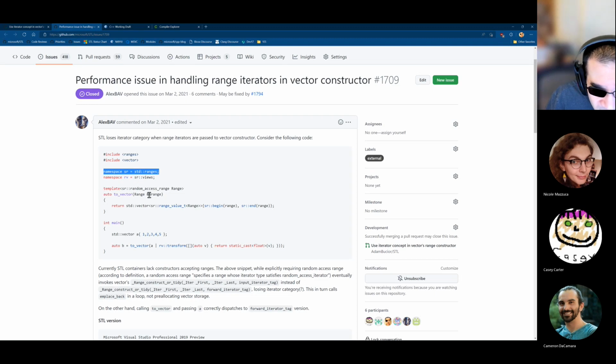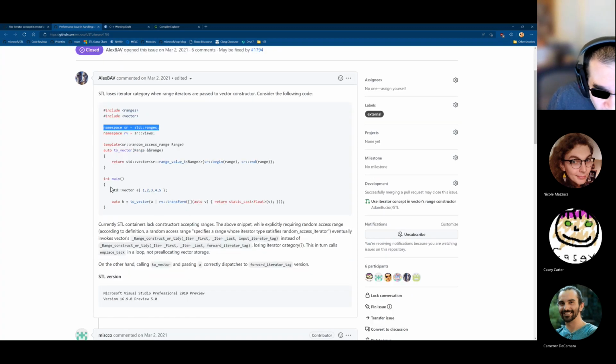ToVector takes a random access range and gets the begin and end from it, and then makes a std::vector of that value type. Here, we start with a std::vector using class template argument deduction. So this is a vector of int storing 1, 2, 3, 4, 5. We're piping it through a ranges::views::transform that takes every element of that vector. Here, v means value, not vector really, and then converts it to a float. So we are going to transform this range of ints to a range of floats, and we should get a